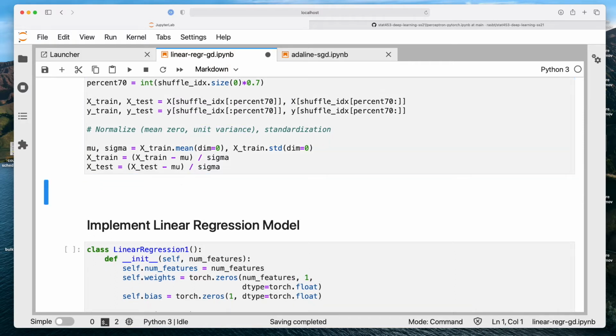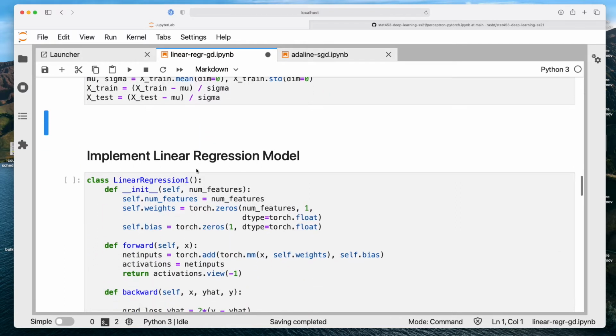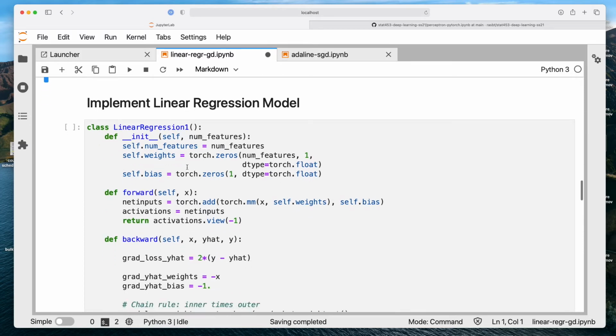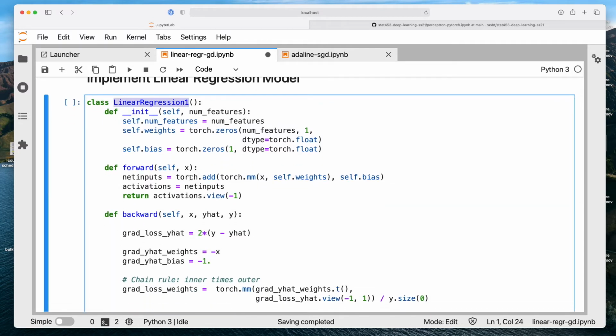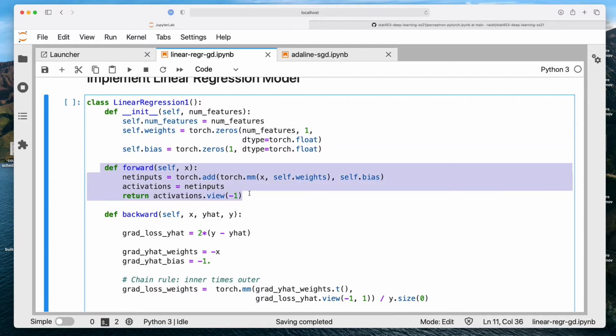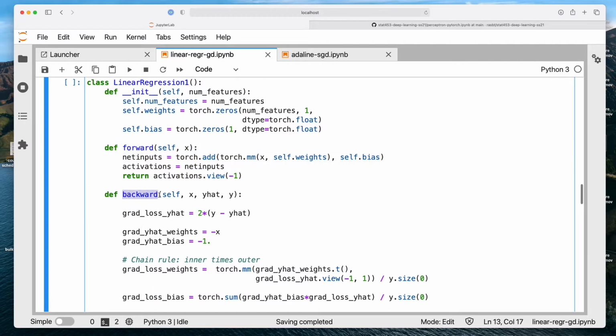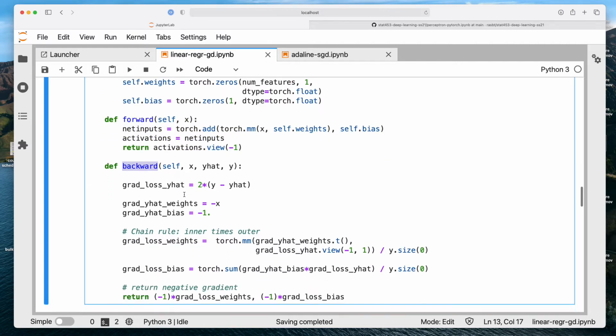All right, so after we've done that, we now implement our linear regression model. That is where it becomes more interesting. So we use this class-based implementation because this is also something that we will be doing in PyTorch later for complex models. PyTorch gives us a lot of convenience functions like convolutional layers, fully connected layers, and so forth, but we still apply the same concept by saying what our parameters are and then how we use our parameters, in which order. The backward function is later something PyTorch will implement for us automatically.